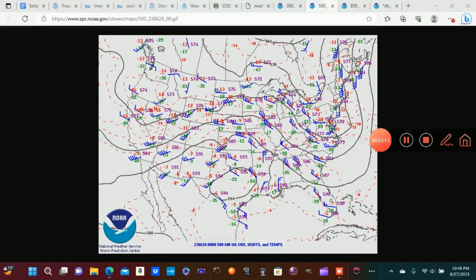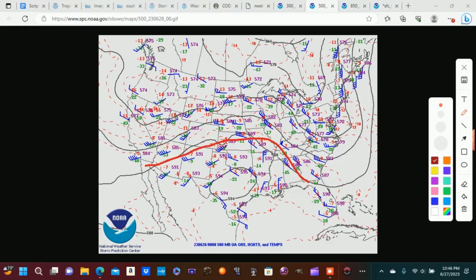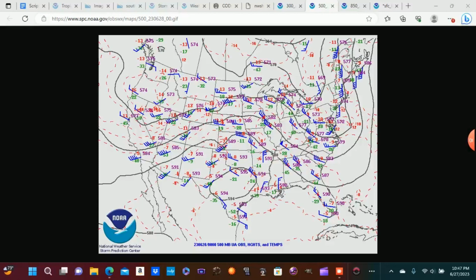Also, at 500 millibars, we have a pretty broad upper level ridging over much of the United States, and that is centered over Texas currently, and that is going to be migrating to the east as we go through the next few days. Especially towards the summertime, we can think of this ridging here as kind of a heat bubble, where we have increasing 500 millibar heights, and what that means is that when the atmosphere warms, it expands. And so that is what's creating the increasing heights at 500 millibars. We can use that as kind of a guide to tell how hot the atmosphere is going to be.